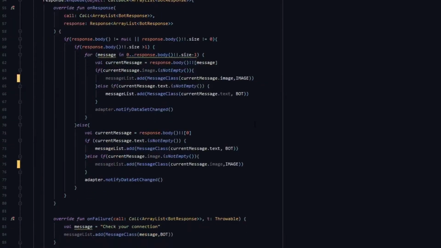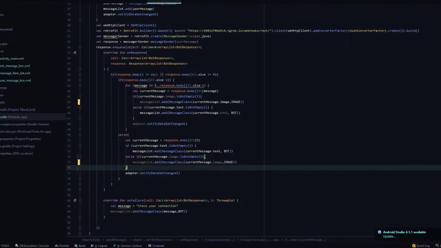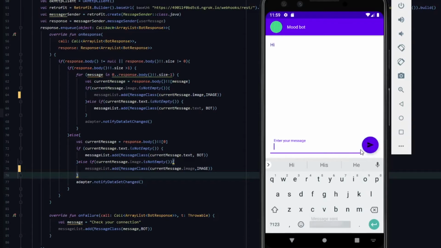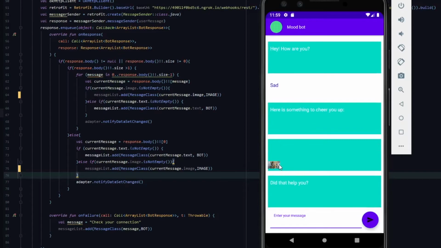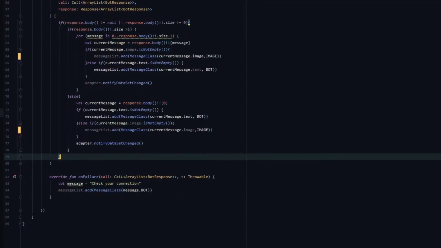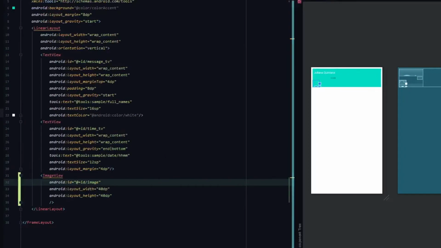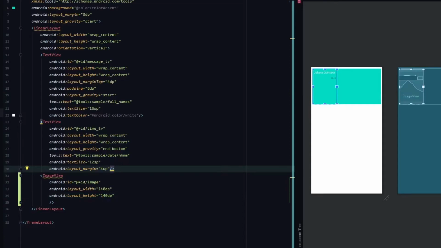So let's see if this works or not. Okay, so run it. Let's say hi and then sad. Let's check if this works or not. So it did work, but it gave us a teeny tiny image. So we have to enlarge it. So we'll say it as 140 by 140, and if that happens,